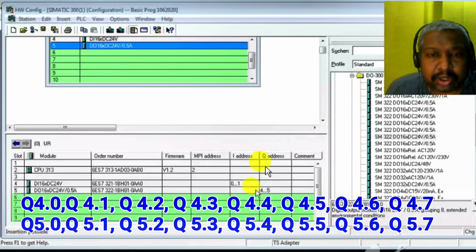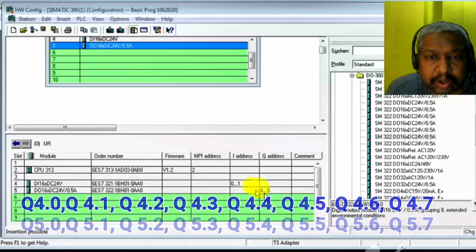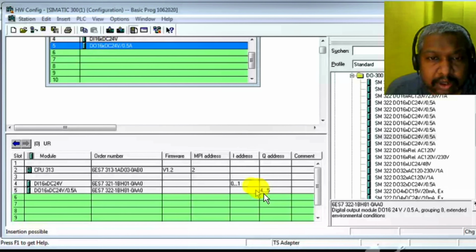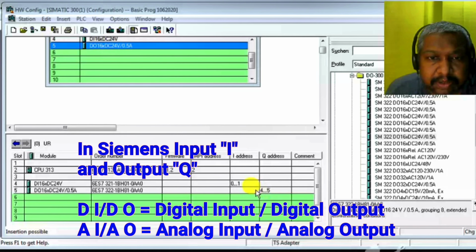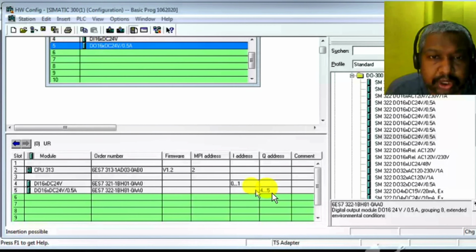Same, Q 4 and 5. This means 4.0 to 4.7 and 5.0 to 5.7. This is 16 bit Q, that means output. In Siemens, I is for input and Q is for output.